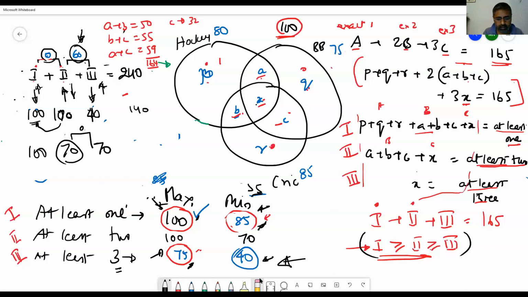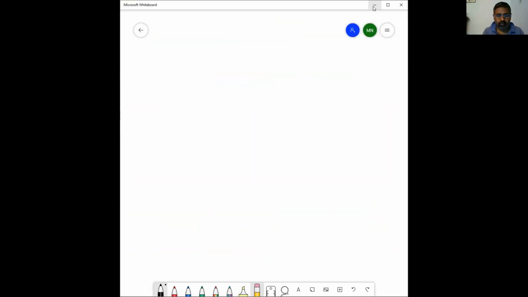Okay, so now I'll just remove this. I think there's nothing much I can do. Oh, sorry, this is ICAT 17. I think I'll look at ICAT 18. That is where that easier Venn diagram is. We'll do that first, then we'll do ICAT 17, where the tougher one was there. Because we need to know both these methods and when to use them.